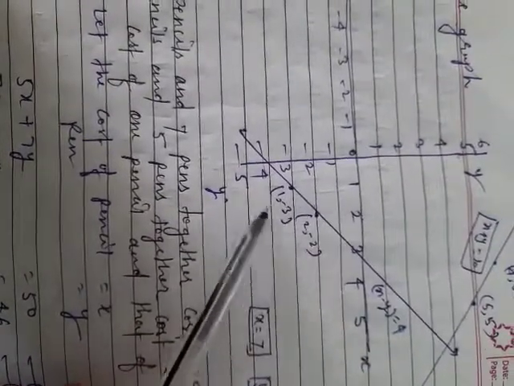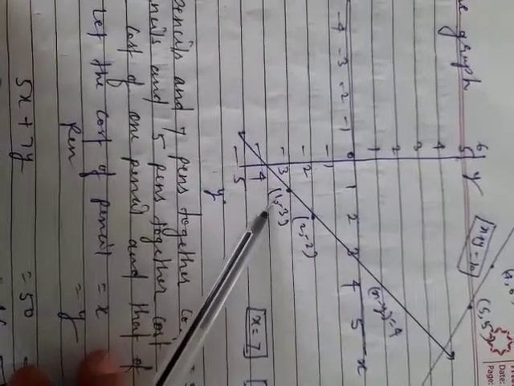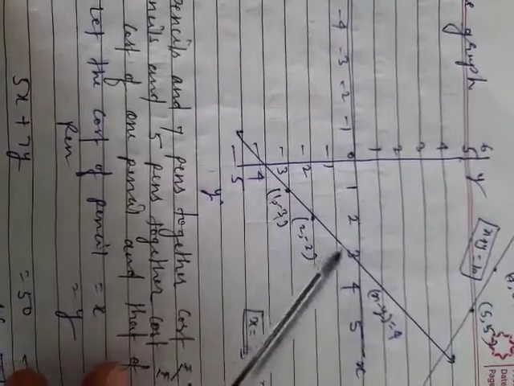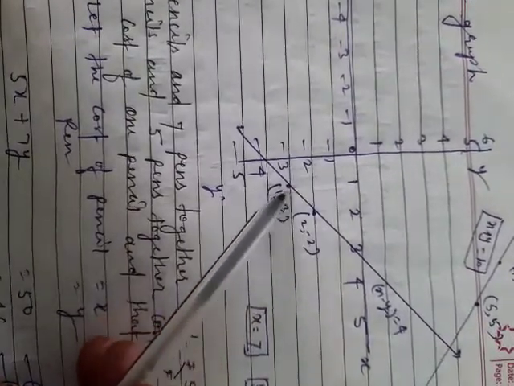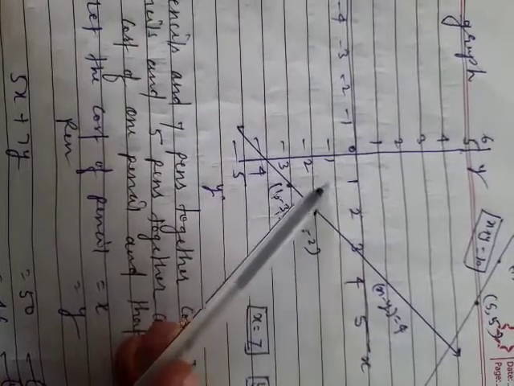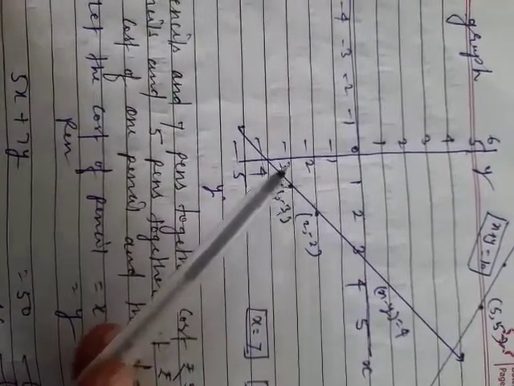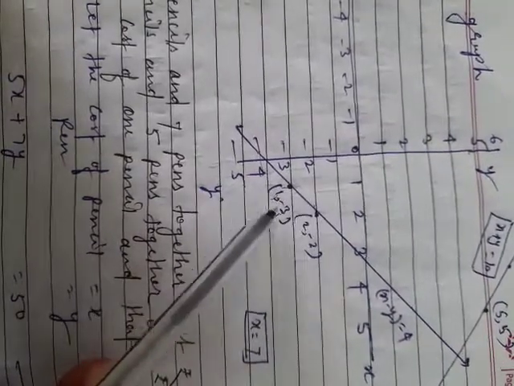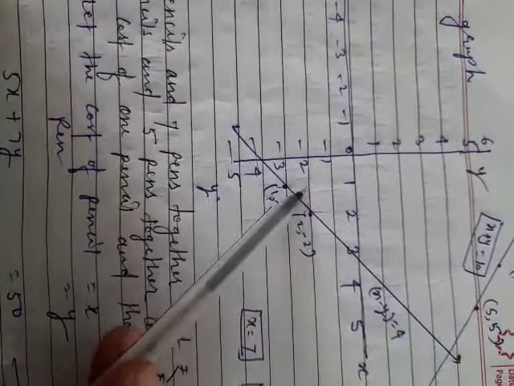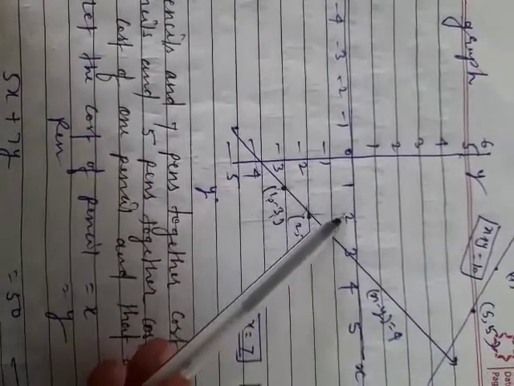So how will you show it? As I told you, you have to take 1, minus 3. This part is x and this part is y. The x part is positive, so you have to take it on this side. Minus 3 is here. So minus 3 and 1, minus 3, 2, look here, 2 the same way here, and you will get the values of the sum.